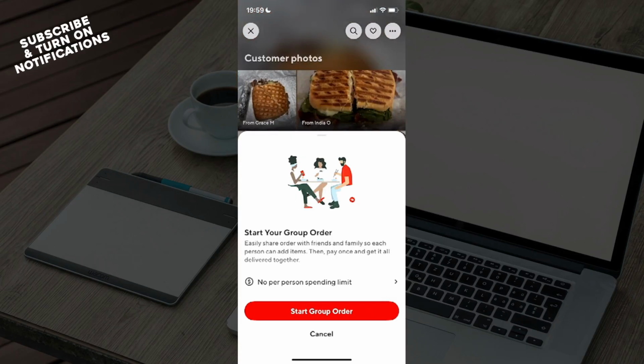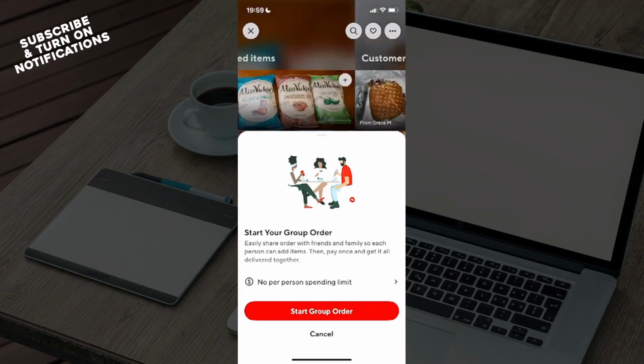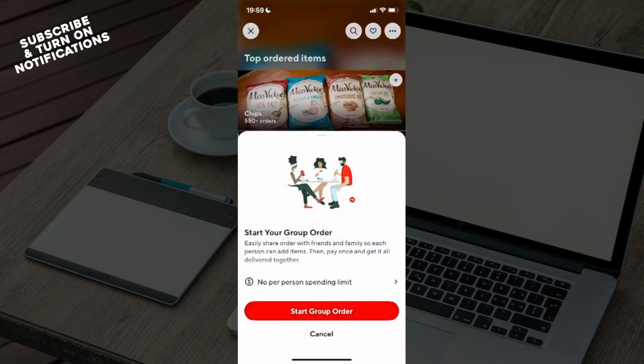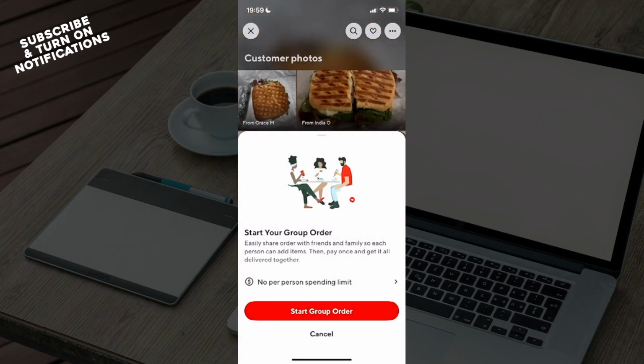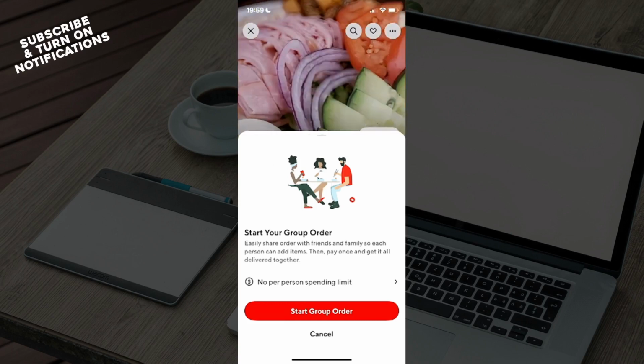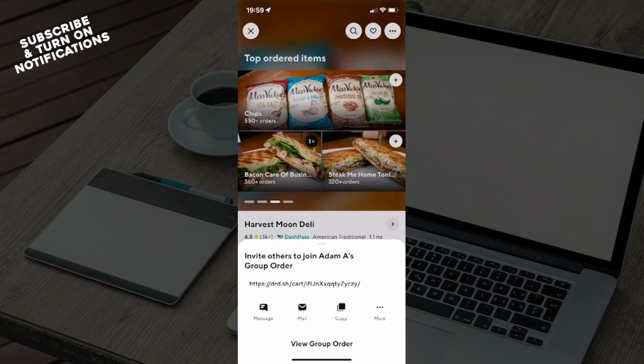You can see no per person spending limit, and you can even add that. So you can see $10 per person, 15, 20, or other. So you can even toggle that. And then you can see for each individual part of the order how much it pays, and you can divide between yourselves after that. You can even start it through this red button, and you can see invite others to